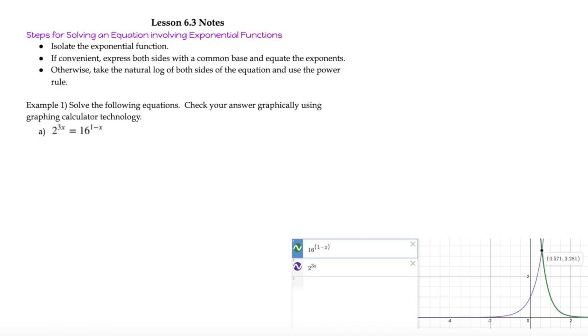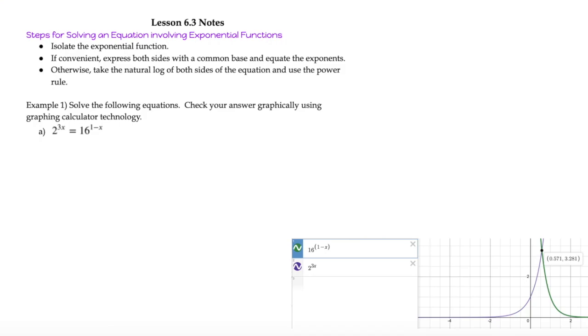We've spent some time with lesson 6.1 and 6.2 looking at specific properties of exponents and logarithms. So today we're going to use those properties to help us solve. And today we're just going to solve exponential functions. On Monday we will solve logarithmic functions. So we're kind of splitting them into 2 days because they have different properties and different ways that we're going